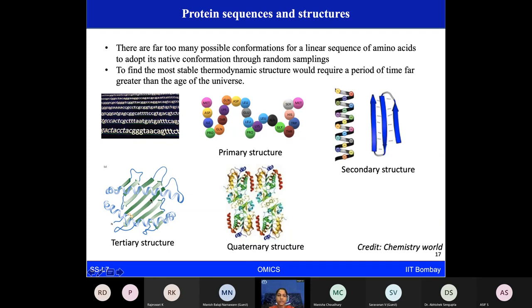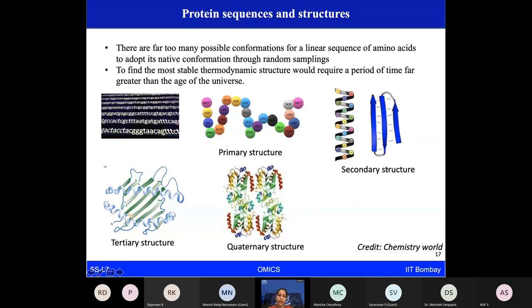First, as we can see here, this snapshot shows the ATGC gene sequences, the nucleotide base pairs. These translate to the primary structure, which is the linear amino acid sequence, and the secondary structures are the alpha helices, beta sheets, and beta strands.